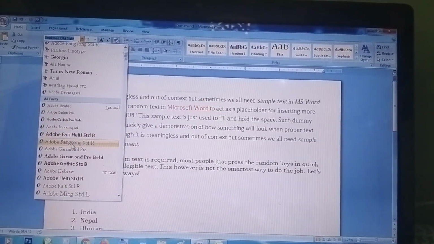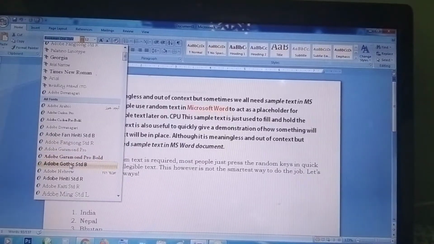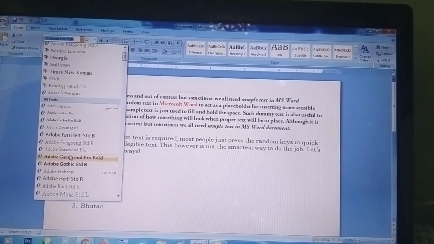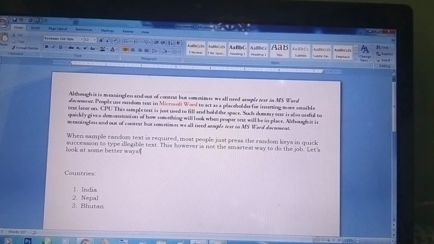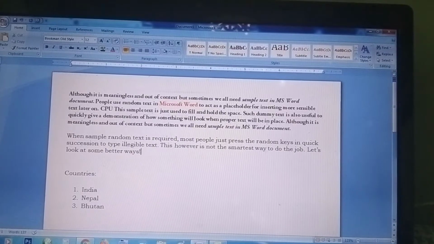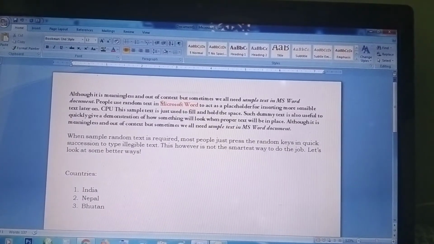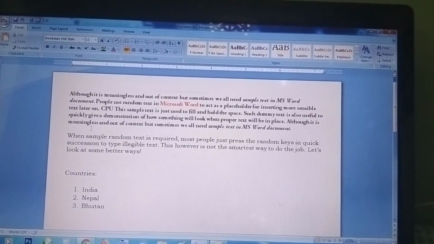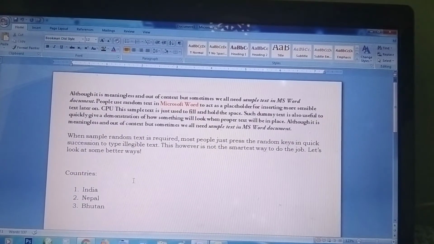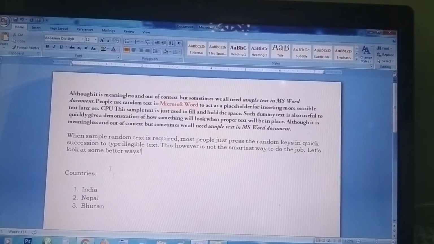According to the requirement, if you want to apply a particular font style to your paragraph, you can select it and that font will be applied to the paragraph you have selected. If you want to apply it to the whole content, then you can select all and then change the style.